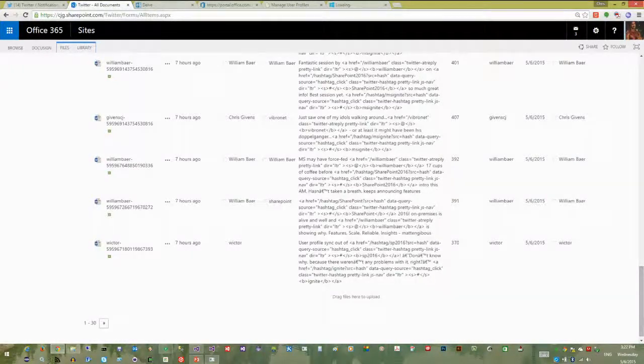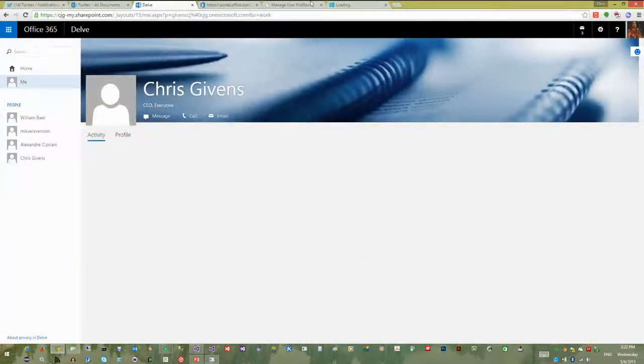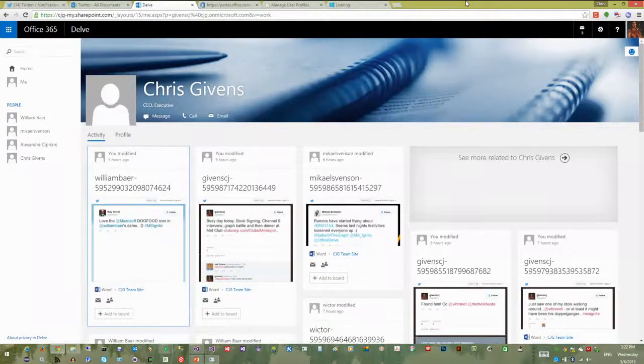So once I've taken that Twitter feed data and put it in here, it gets indexed, about 15 minutes. And what will end up happening is it'll start showing up in your Delve. So over here, I logged in as Chris Givens. What's happening is I'm actually taking a picture of the tweet as you would see it on the web page, turning it into a Word doc, pumping it into the library.